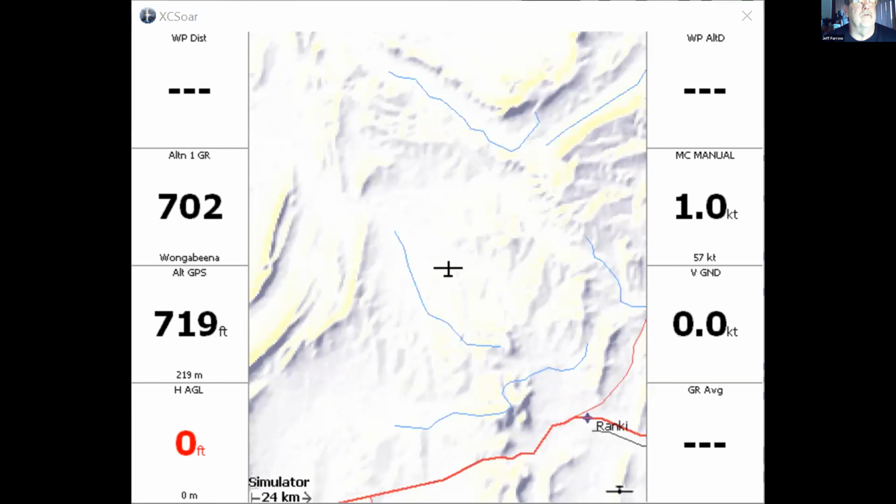What I might do, JB, in his enthusiasm, bought the club 10 Dell computers, or 6 or 8 or something, to be able to have them for the various club aircraft.